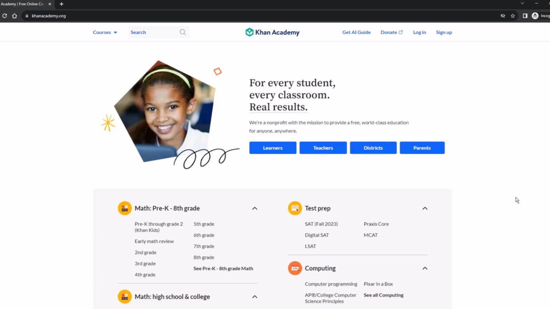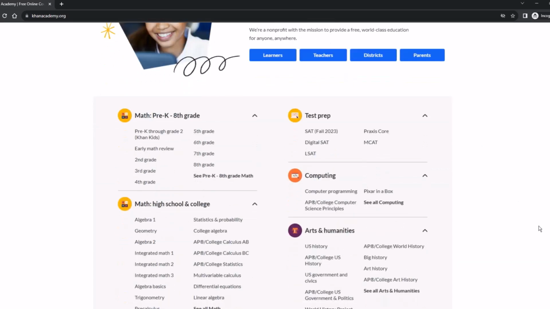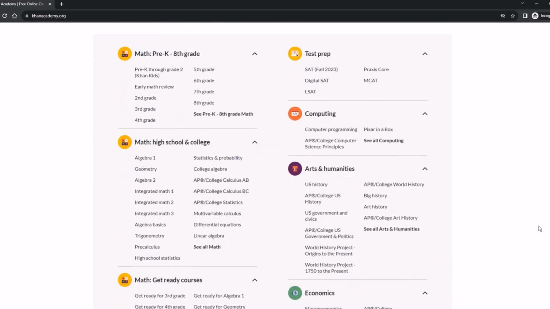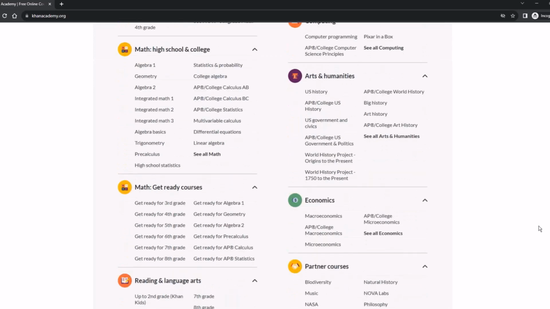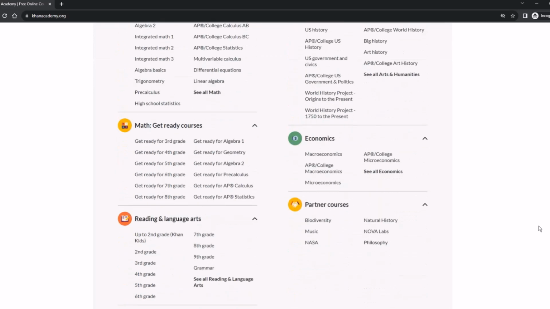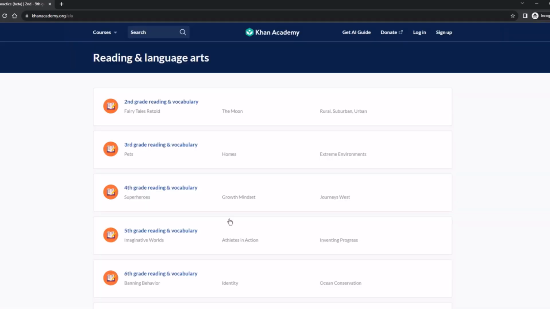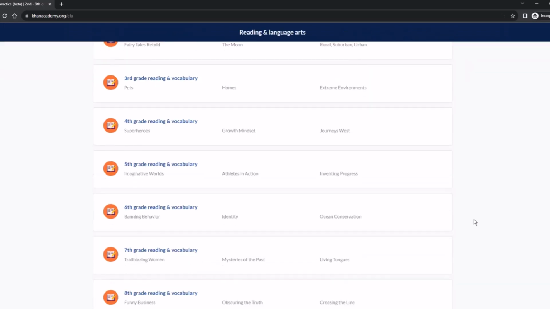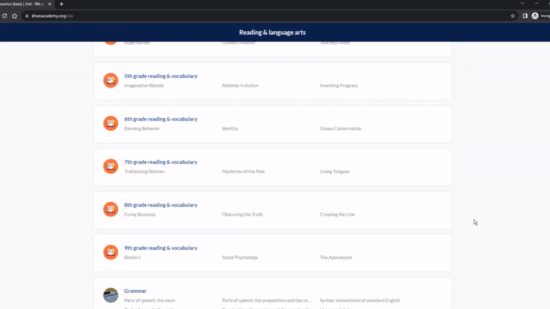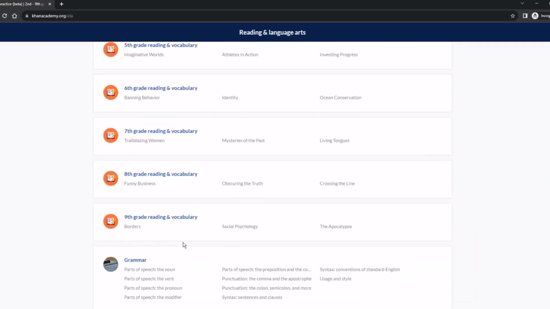Whatever is easiest for you. But once you get to Khan Academy's site, you'll notice that they have a lot going on for learners. And as you scroll down the page, you'll notice that they have a lot of different topics that they offer information on. And so for reading and language arts, you can click on See All Reading and Language Arts, and you'll notice that it does go from second grade reading and vocabulary all the way to ninth grade reading and